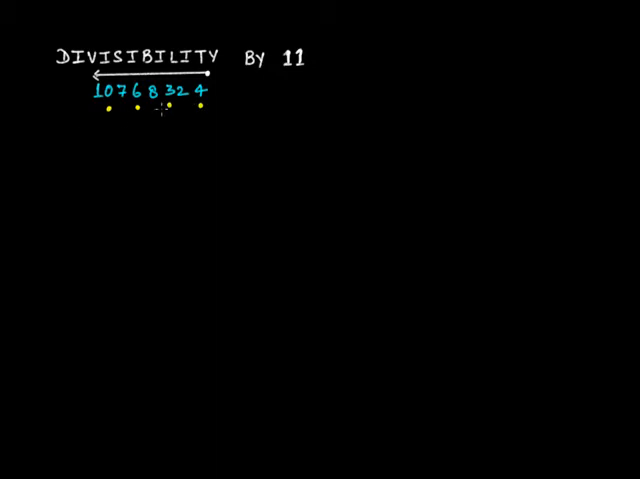So at the odd positions you have the digits 0, 6, 3 and 4. Add all these digits. For the odd positions, it's 0 plus 6 plus 3 plus 4, and if you add it, it's 6 plus 3 is 9, and 13. Right, 13. Now